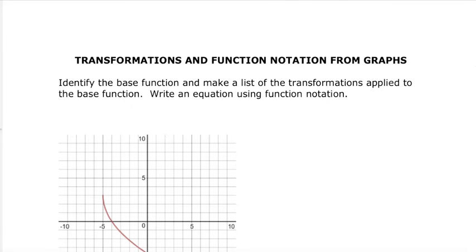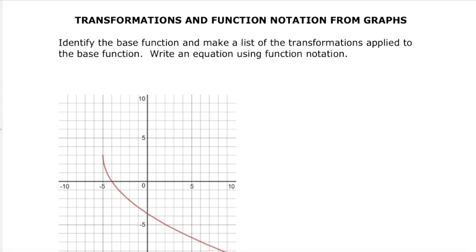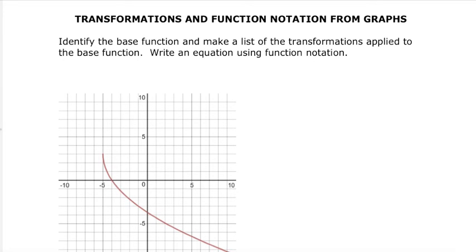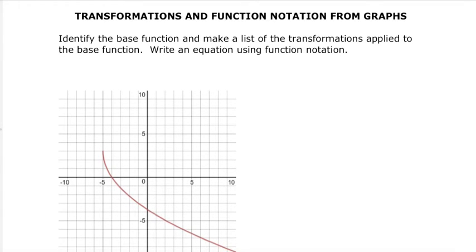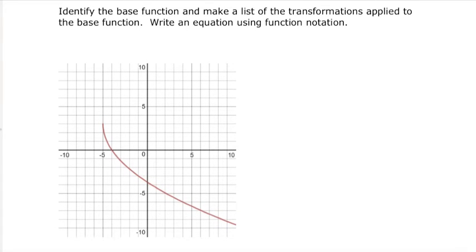Welcome back. Okay, so the last part of today's lesson deals with transformations and function notations from the graph. So this time, instead of giving an equation and we have to come up with what transformations happen to that parent function, we're going to come up with a graph and see if we can make an equation based on that. So we're going to first have to think about, what does this graph most resemble? Well, if we think about all of our parent functions based on that large chart that we filled out last week, we know that this looks very close to the square root function. So my parent function